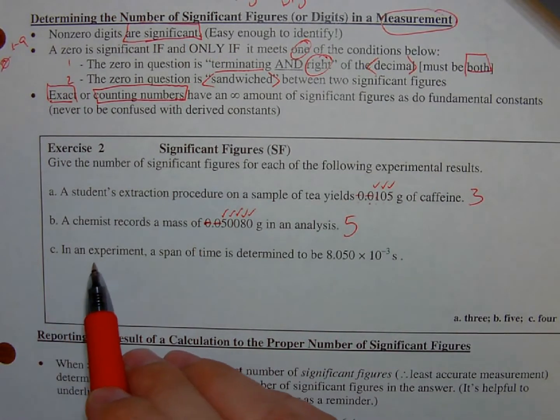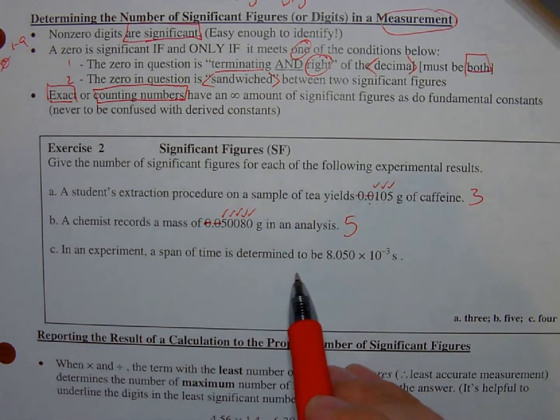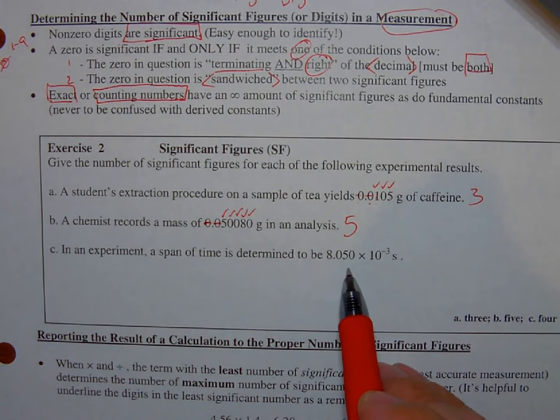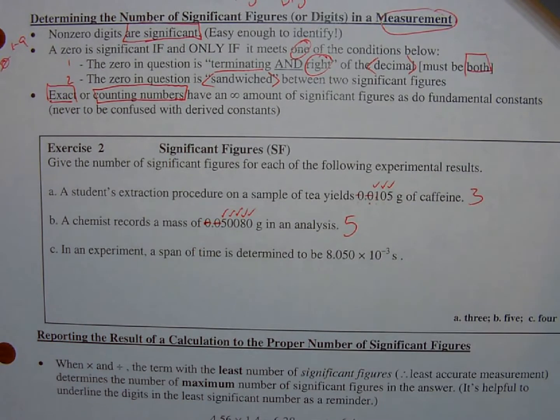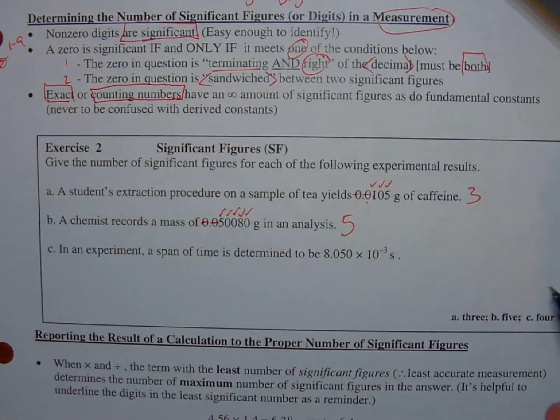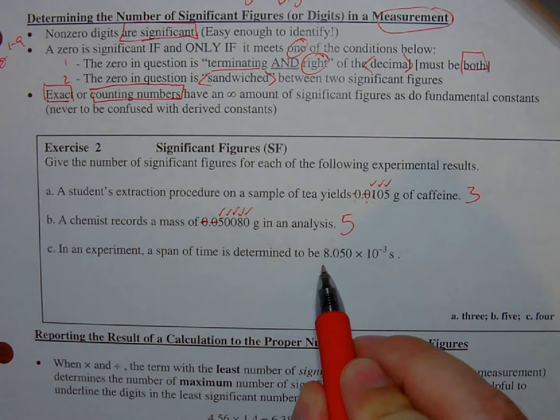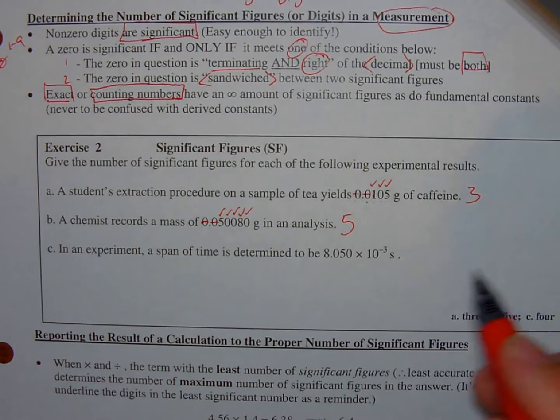And C, in an experiment, a span of time is determined to be 8.050 times 10 to the negative 3 seconds. Pretty short amount of time. Anywho, or as Ludwig von Drake says, anyway,